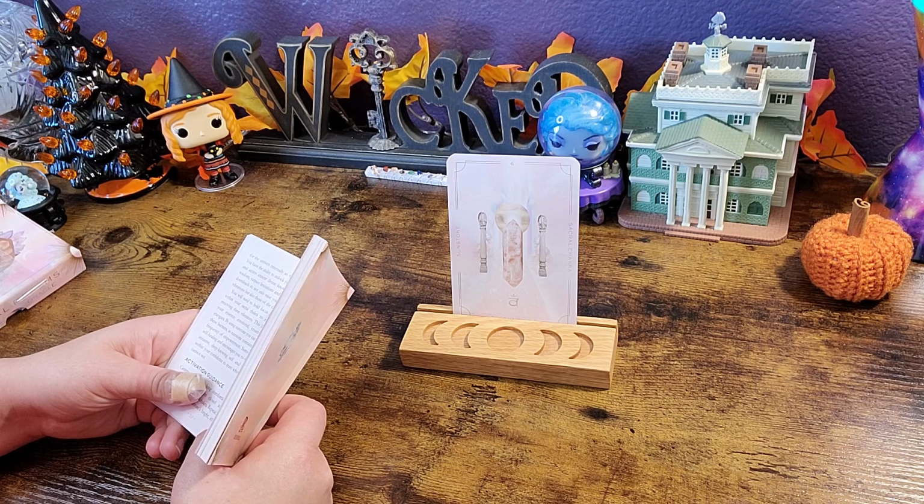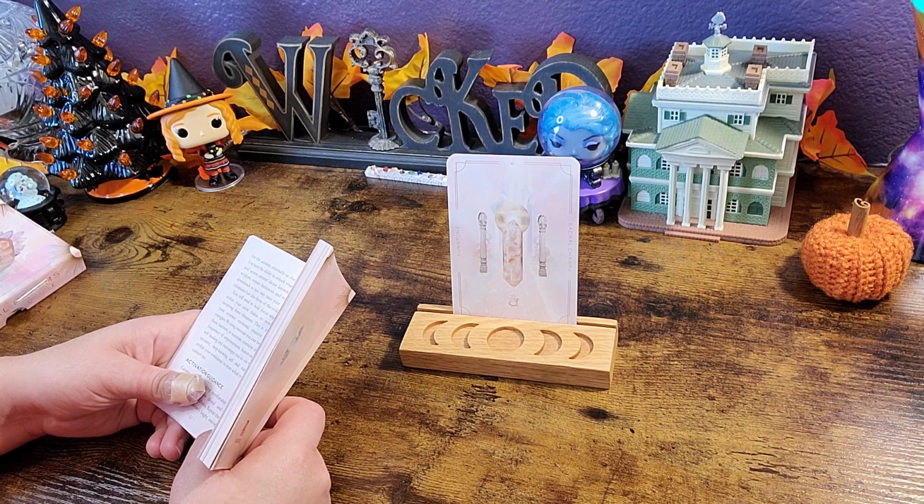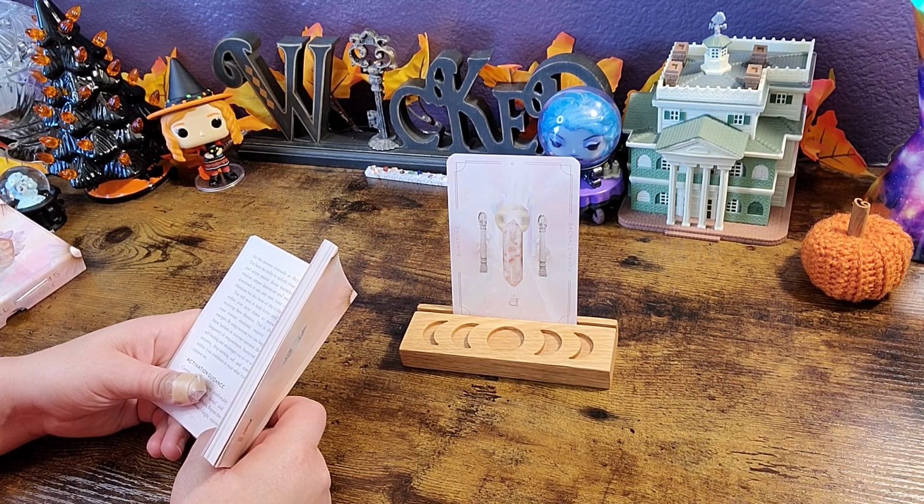By using Sunstone, you can begin to break these barriers, as Sunstone contains the energetic frequency of empowerment. Sunstone promotes self-healing. Oh my goodness, I cannot read today. And encourages you to sit within your intuitive, deep knowing self and stand strong within your confidence to trust what you feel yet cannot see. Ooh,